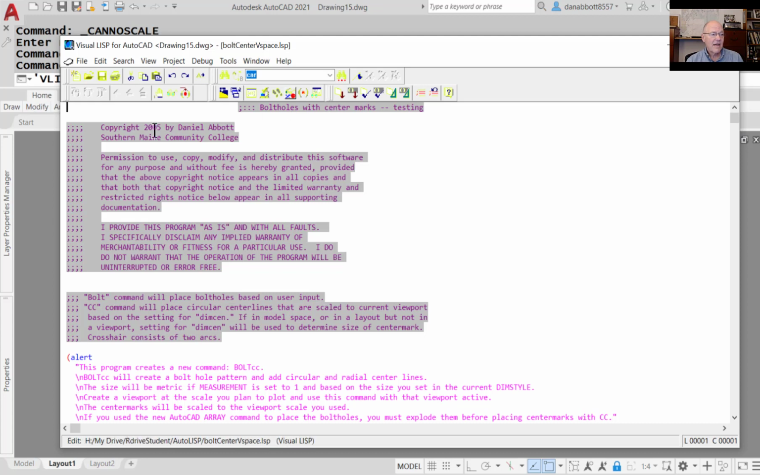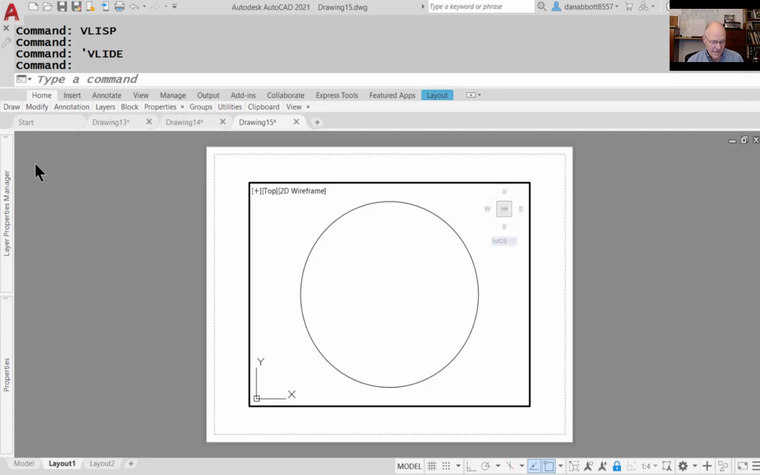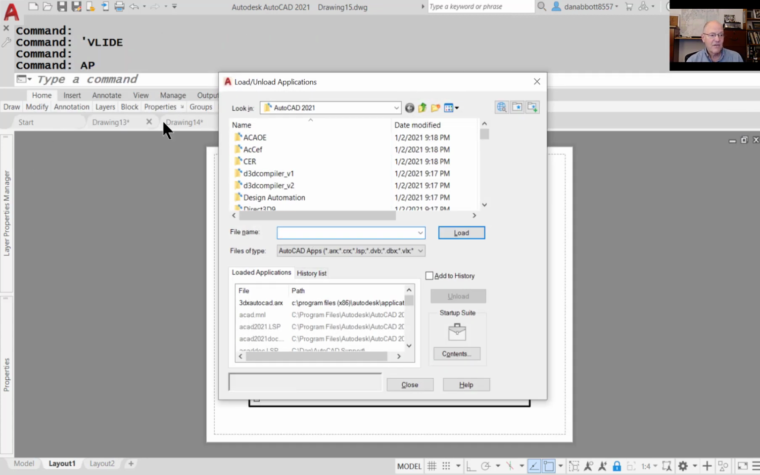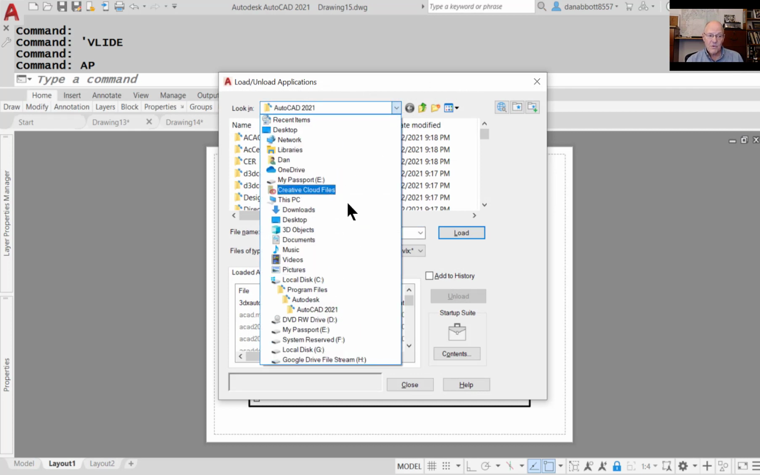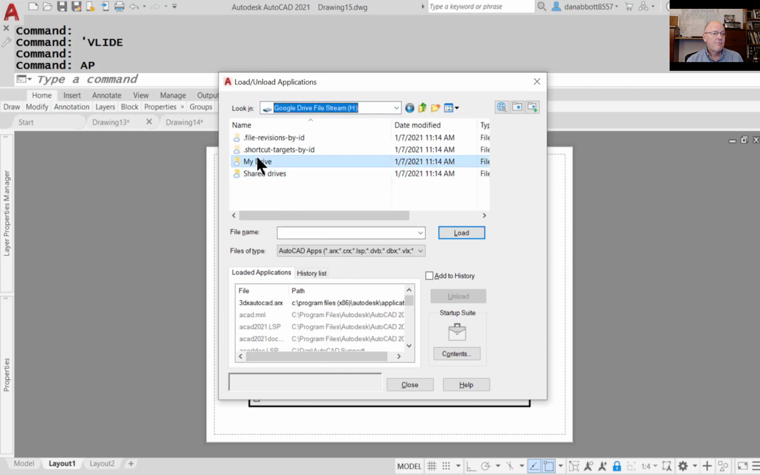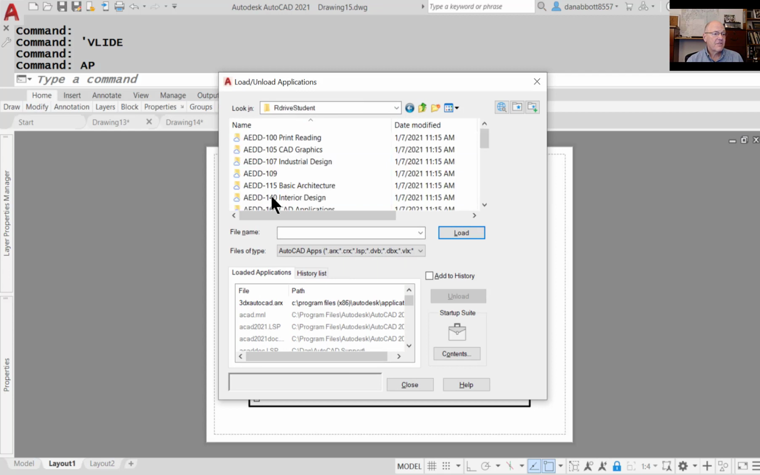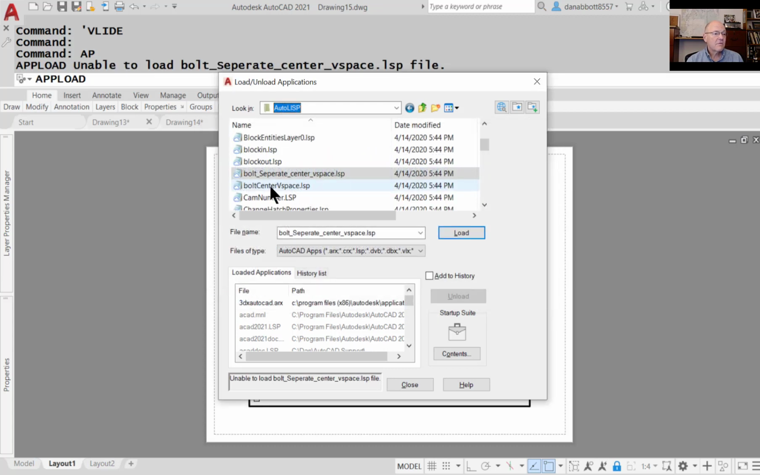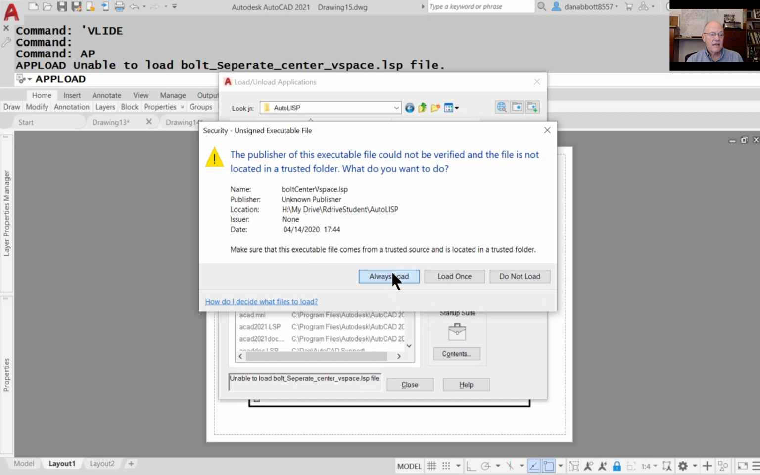And I'm going to go ahead and load it, but I'm loading it using the appload function of AutoCAD. Type AP for appload. It asks you where you want to find the program you're loading. I'm going to go and find it on the H drive, under our drive student, under AutoLISP, which is right here. I'm going to find it, and it's right there. Oops, that's the wrong one. This one right here. So I'm going to go ahead and load it,